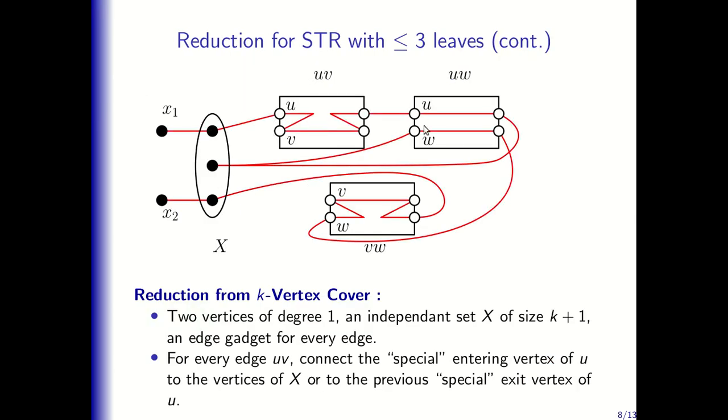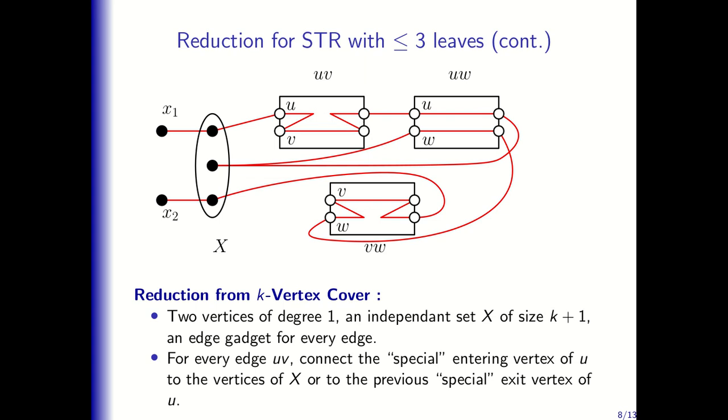And so you continue, then on UV you have two parallel edges, and you jump to the second vertex of X, and you finally go to the last one and X2. So basically what you do is for every edge gadget, either in your vertex cover you have selected both endpoints and you have the two parallel paths, or you have selected only one endpoint and you have this zigzag graph. Okay, and what you can show is that the converse is also true.